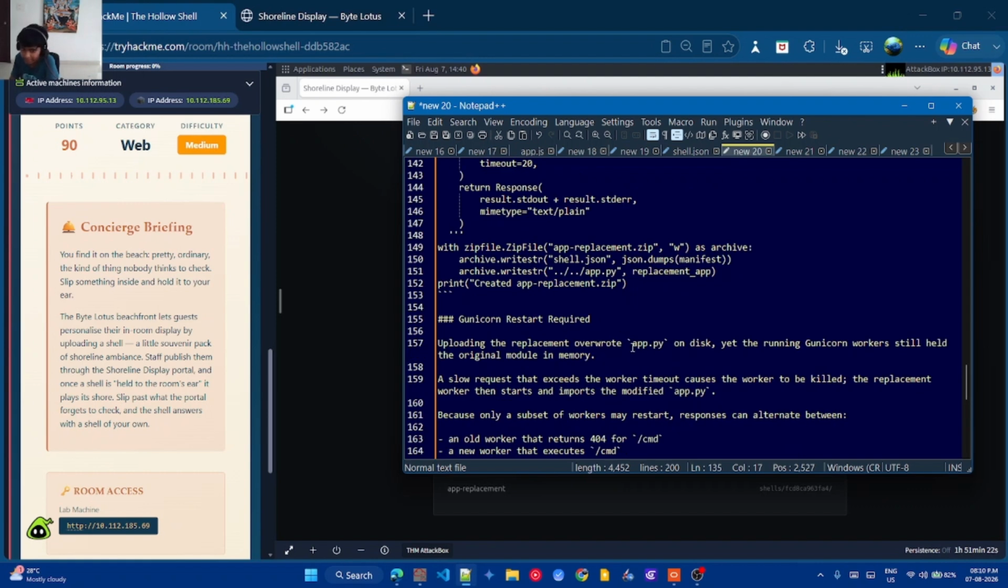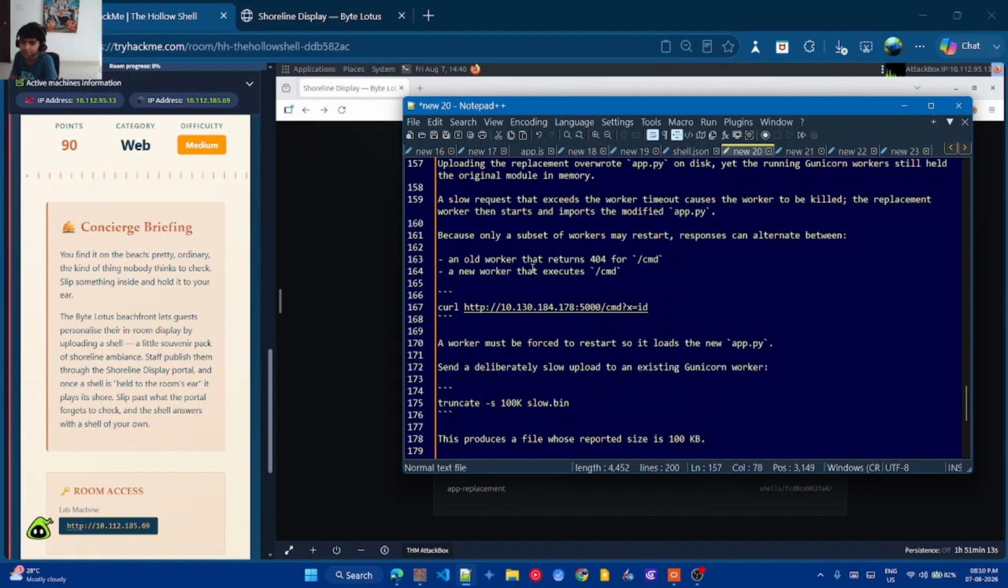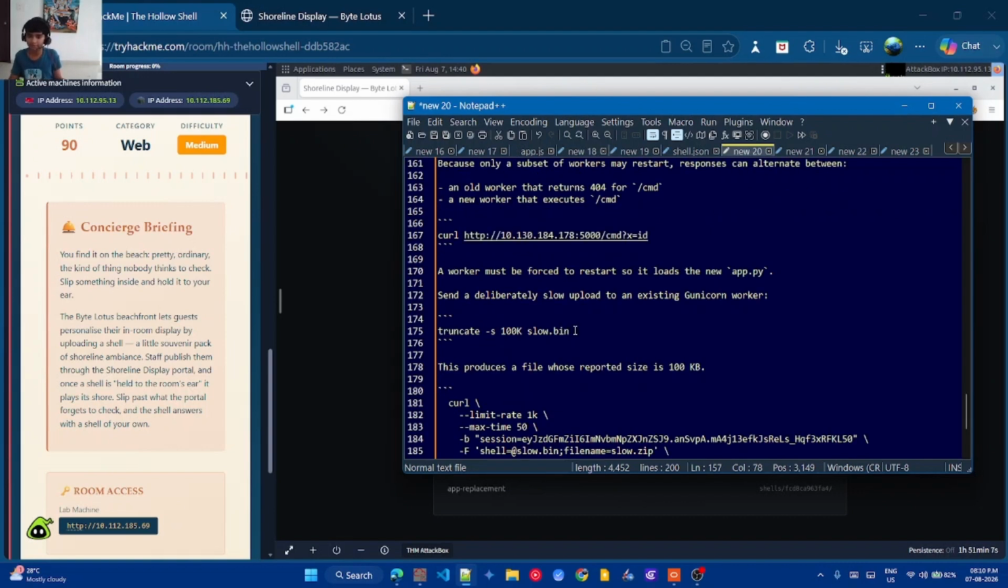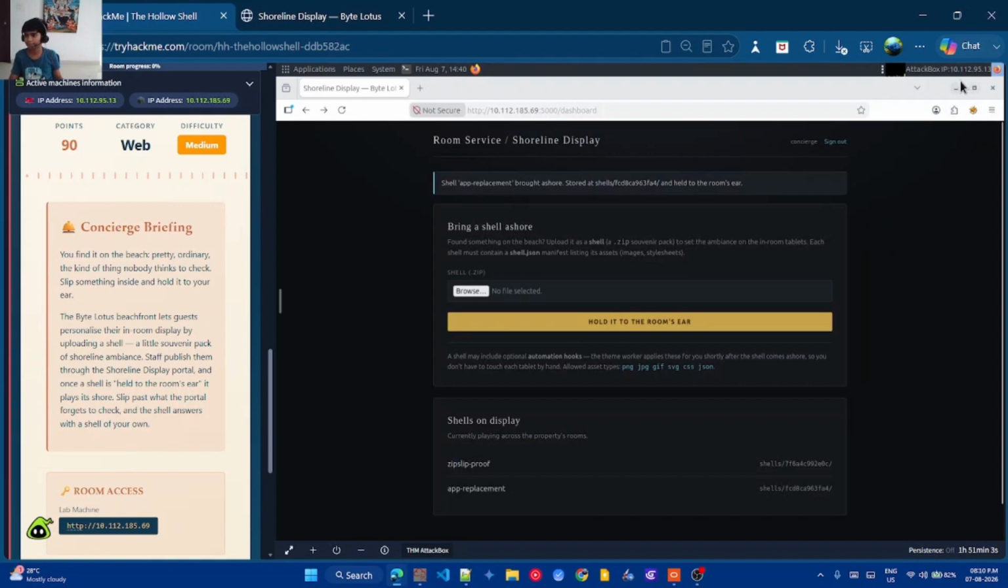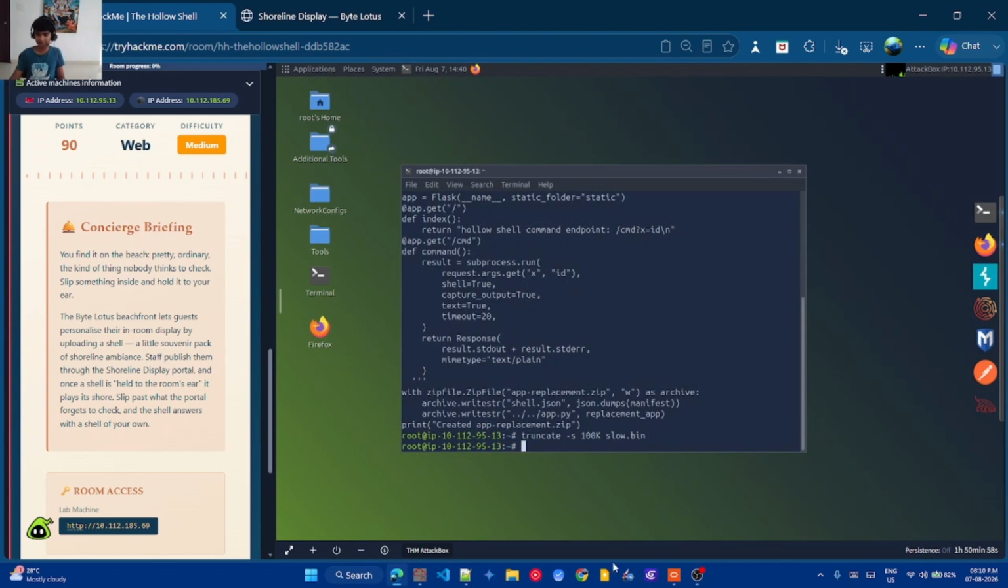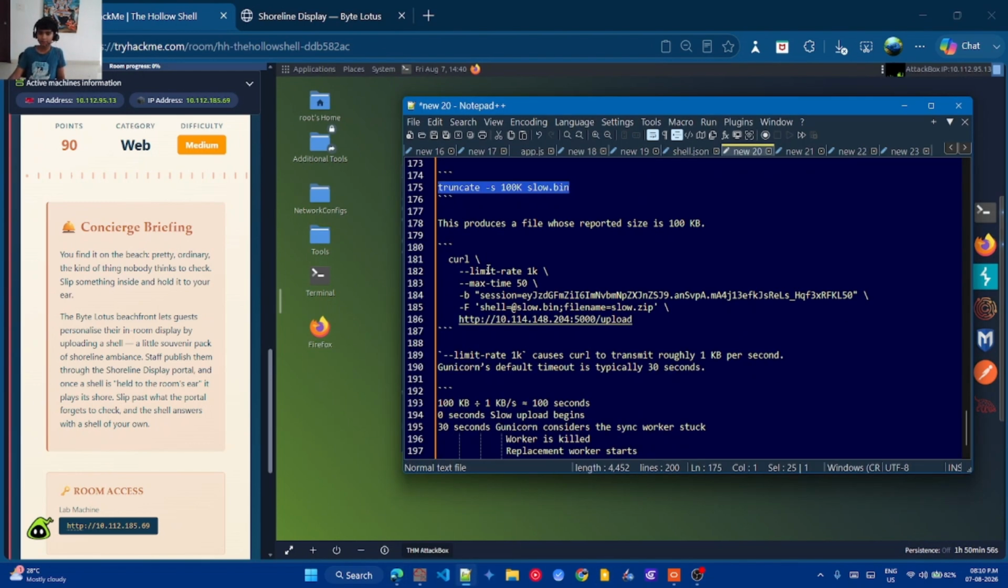Because uploading it rewrote the app.py, but the existing workers have it in memory, like the RAM. So we're going to have to send a really slow request on purpose. Using this we're going to create a slow.bin, and using that slow.bin we're going to send a request using curl. And if we use this,